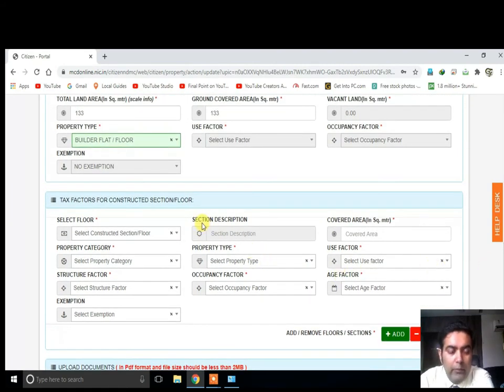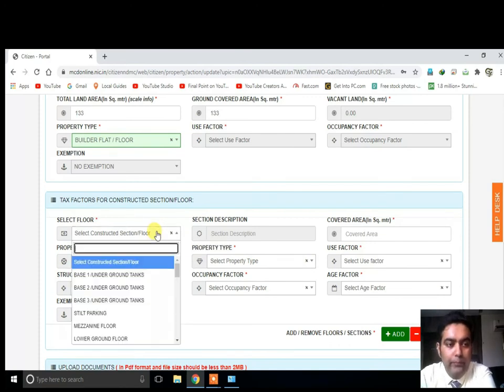Now tax factors and constructed section floor.